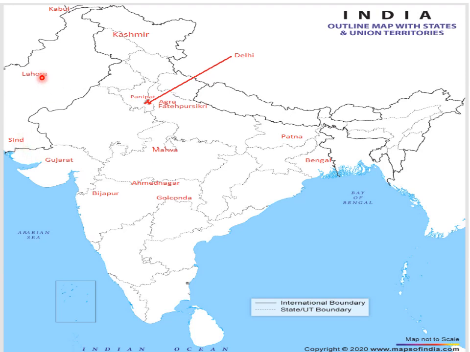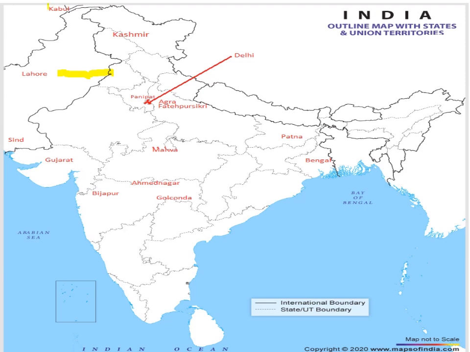क्लियर. नाउ लाहौर आपका पाकिस्तान के मिडल पार्ट में. अदरवाइज आप इसको ऐसे भी लर्न कर सकते हो जैसे ये आपका पंजाब है, तो बिल्कुल पंजाब के वर्टिकली अगर आप इस तरह से एक हॉरिजॉन्टल लाइन ड्रॉ करते हो, लाइक see, this is Punjab. So from this you can draw the horizontal line and write Lahore. Clear?